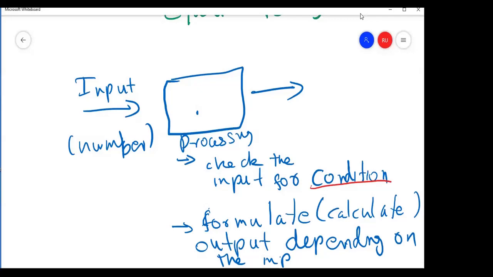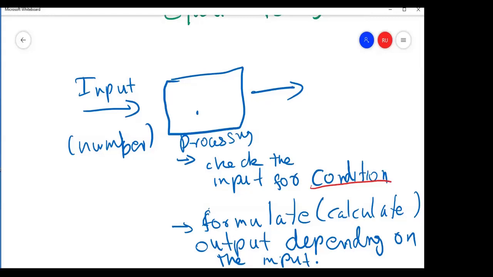Now our output is not the same, so it can change. Earlier it was the same output. Same means similar output. We have the name and we print hello name. The name changes depending on input, but the format of the output is the same. The format is hello plus name.